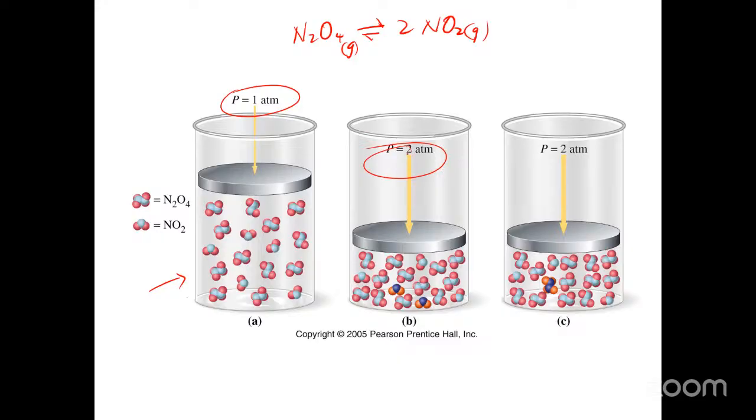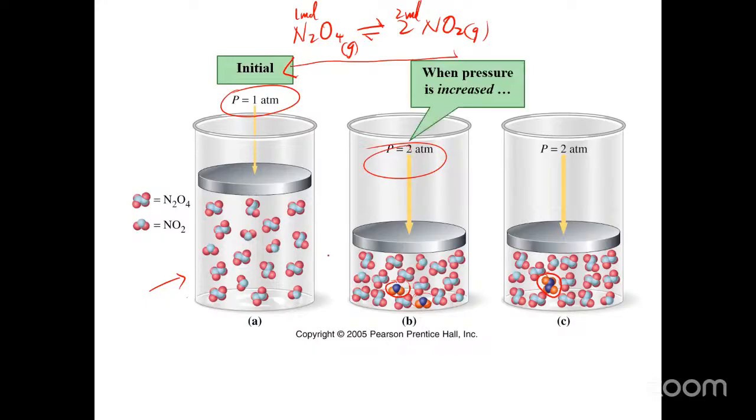So based on that, which direction would you expect? Based on the balanced equation here, which direction would you expect the equilibrium to shift? To the left, because you have 1 mole of gas here, and you have 2 moles of gases here, so therefore it will shift to the left, right? So that is what is being pictorially represented here. Basically what it's showing you here is that these 2 nitrogen dioxide molecules will combine to form an N2O4 molecule. So therefore, the concentration of N2O4 will increase and the concentration of NO2 would decrease.